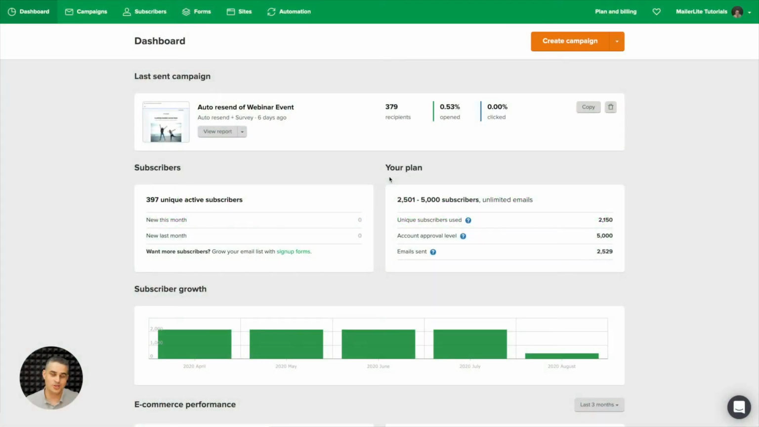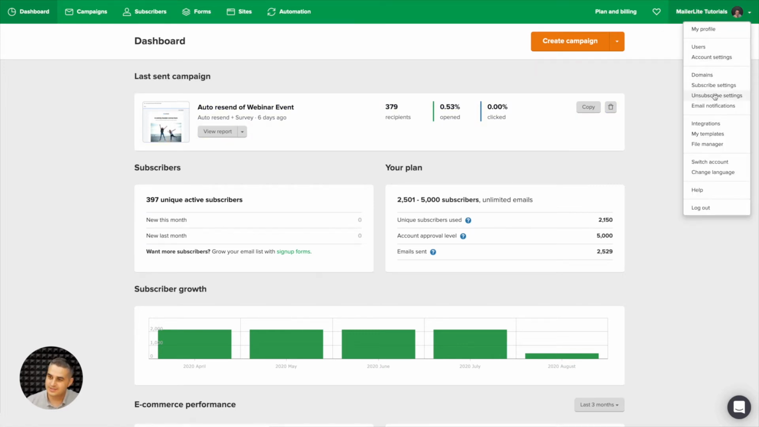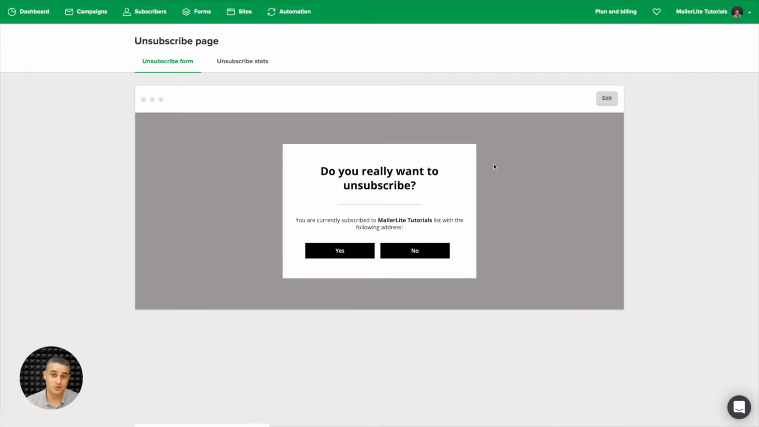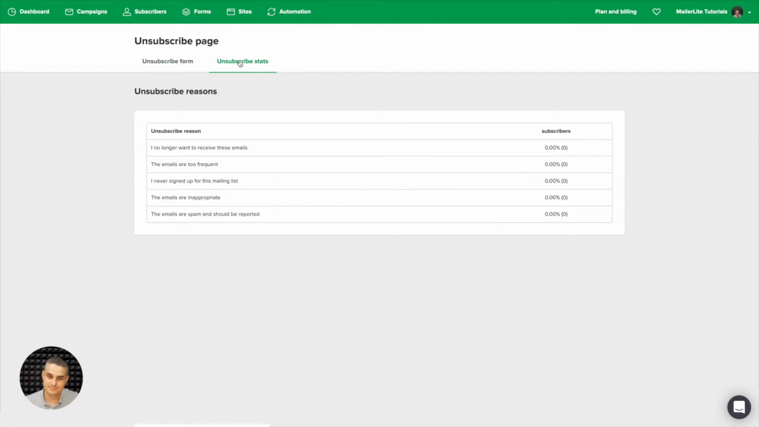To edit or change your unsubscribe page, go to the top right drop-down menu and click Unsubscribe Settings. And this form is what your subscribers will see once they hit the unsubscribe link in any of your emails. If they click yes to confirm that they want to unsubscribe, they'll see the unsubscribe stats over here. So they will be able to choose one of these reasons here, and you'll see the percentage grow over here